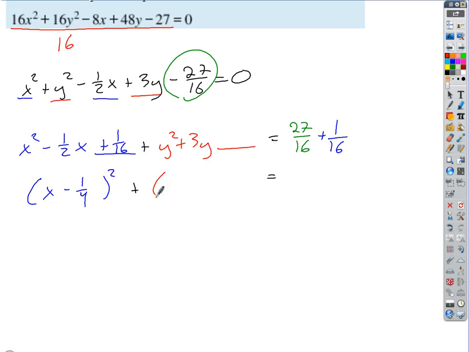Now let's complete the square for the y's. Half of positive 3 is 3/2. 3/2 squared is 9/4. So I'm going to add 9/4 to both sides. Then what do I get over here? 27/16 plus 1/16 is 28/16